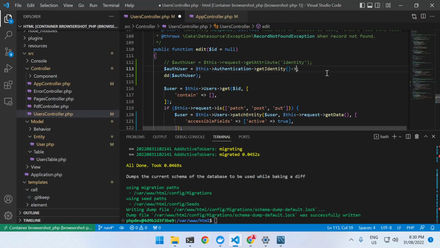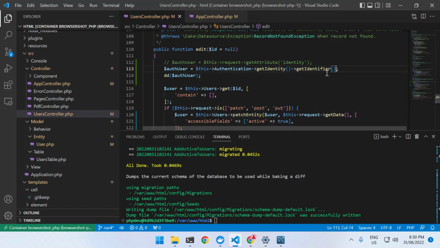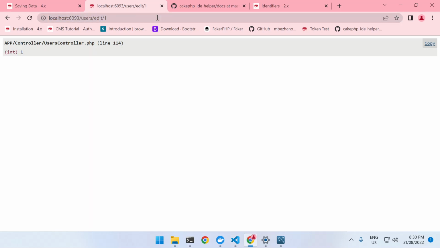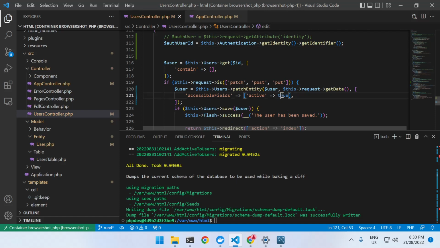Now we can chain a method off this and get the identifier. What's the identifier? In this case, it's simply the database ID of that particular user. So it's ID 1, which is the admin user. So now that we've got the auth user ID, we can come in here and say, okay, if the auth user ID equals, and we'll just hard code this, if it equals the administrator, do the